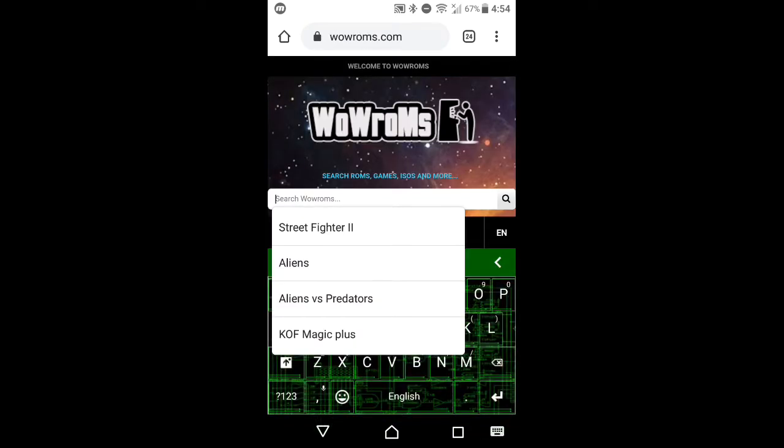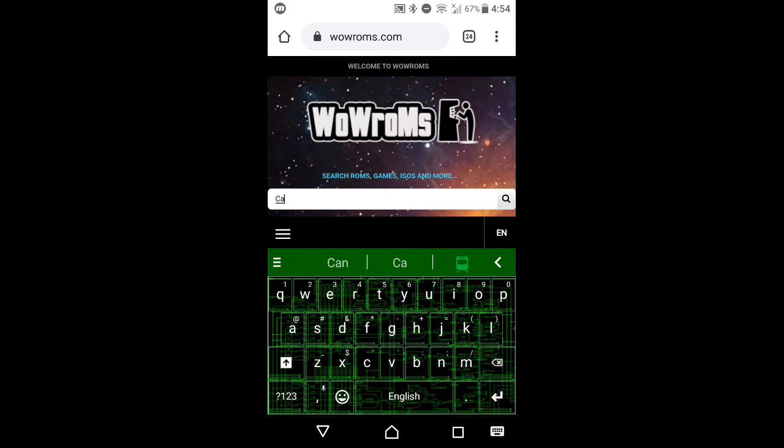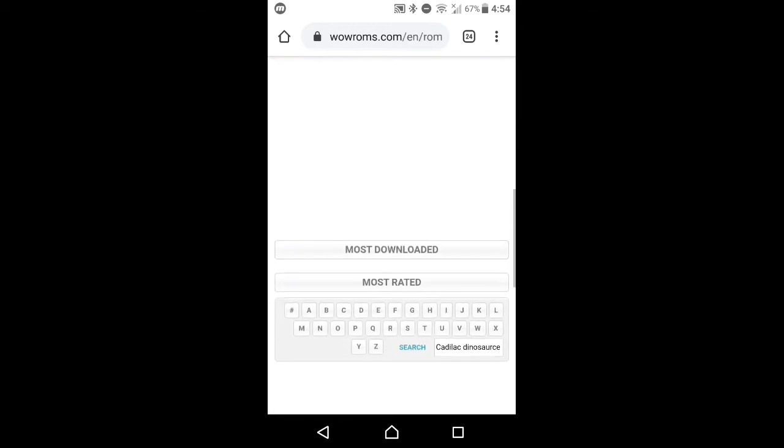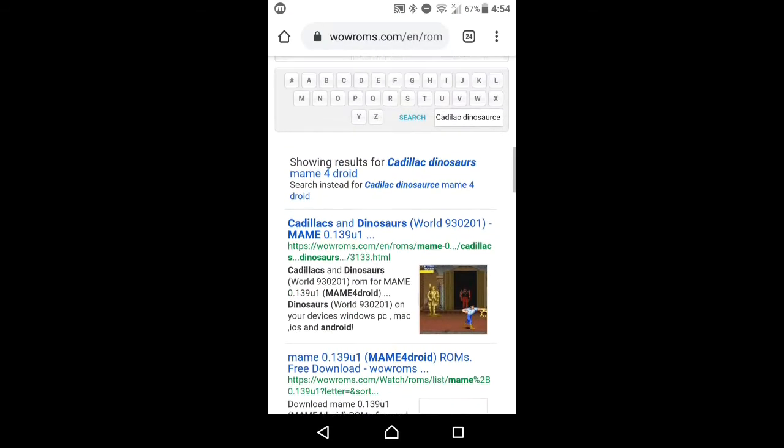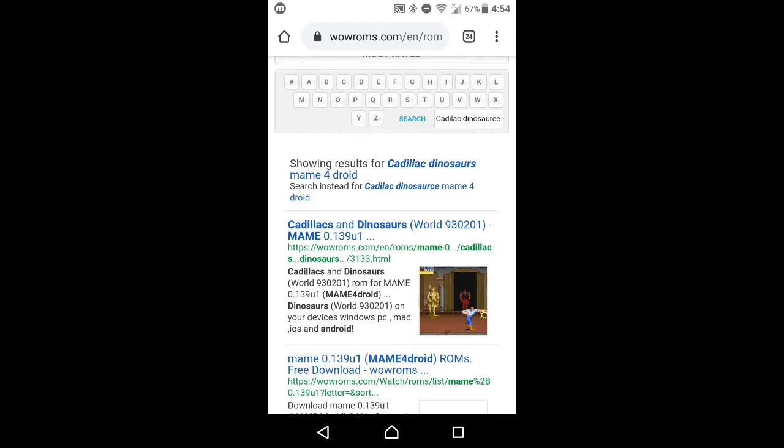and click on search ROM, and for the games you want to download, just type their name and type Mame for Android. Like I searched Cadillac, I don't know, I'm typing, the spellings are wrong, I guess. Cadillac dinosaur, Mame for Android. So just type this. Any game you can download, and you can see there Cadillacs and Dinosaurs Mame 0.139 that